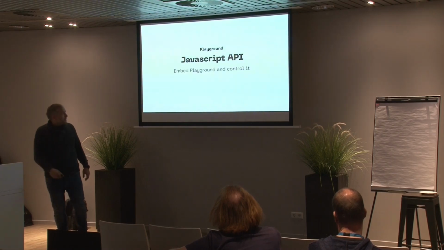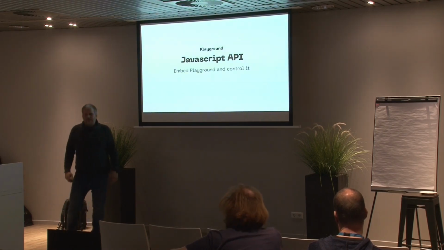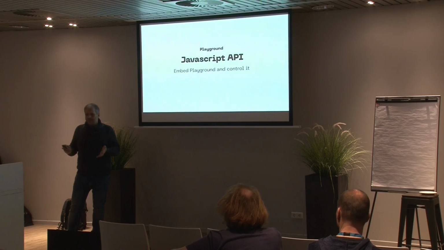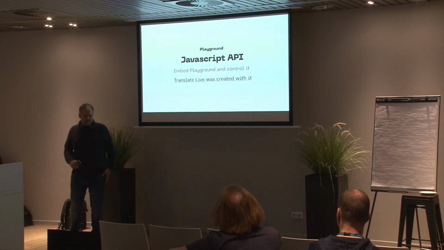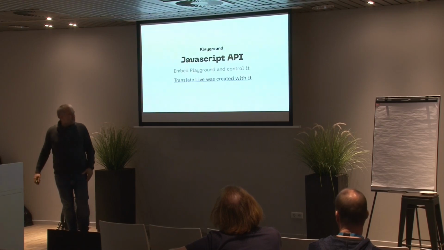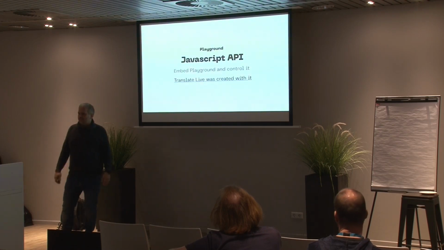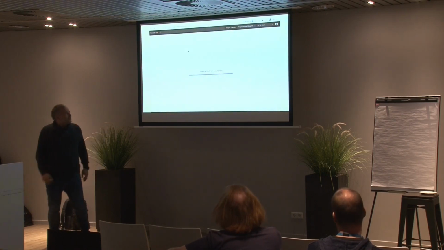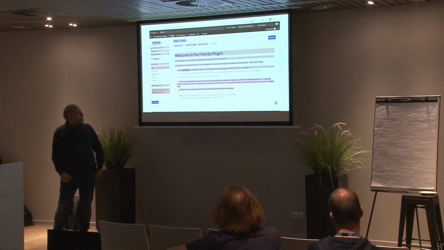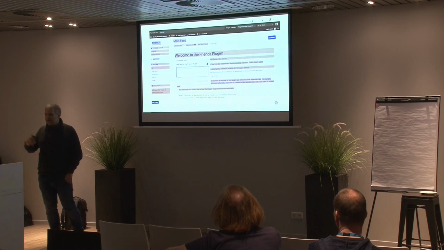The JavaScript API is a bit more complex. It allows you to embed it on any HTML page and control it from there. So an example of this is Translate Live. Who has seen Translate Live or knows what it is? All right. So Translate Live is this tool on translate.wordpress.org that allows you to run any plugin and adds a